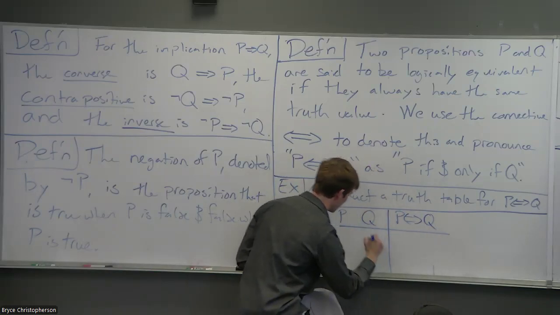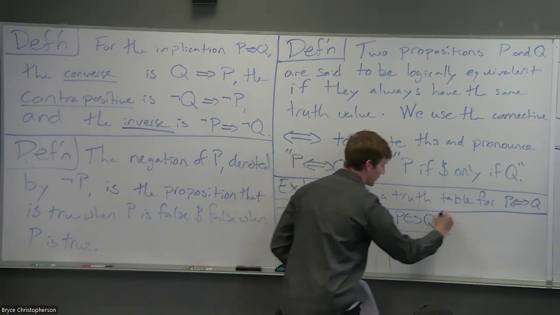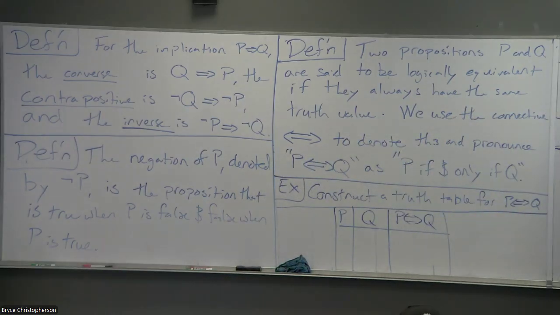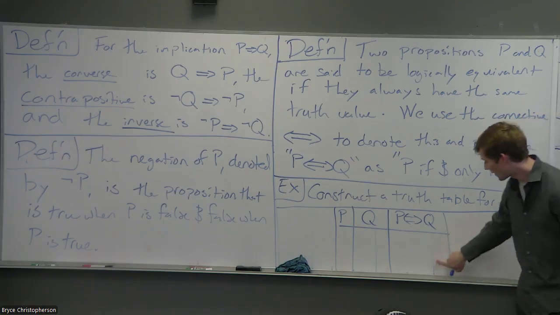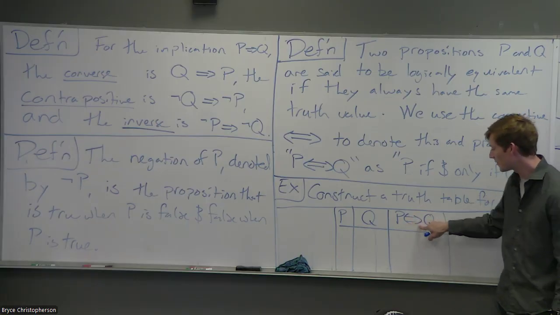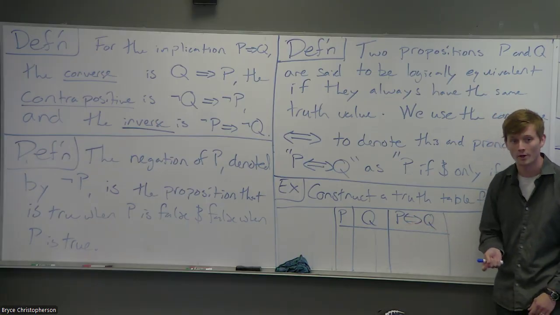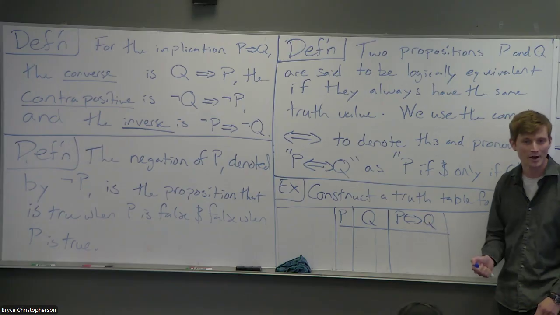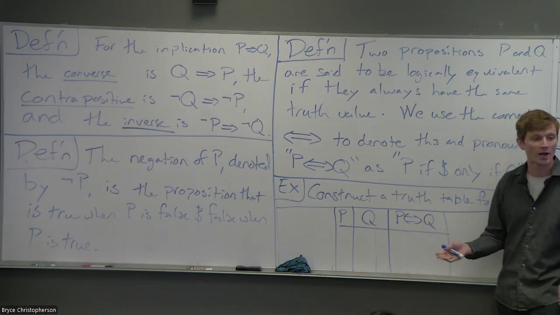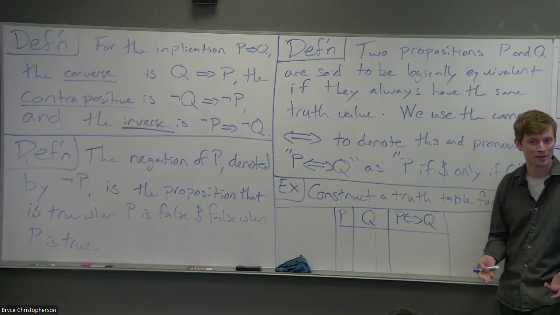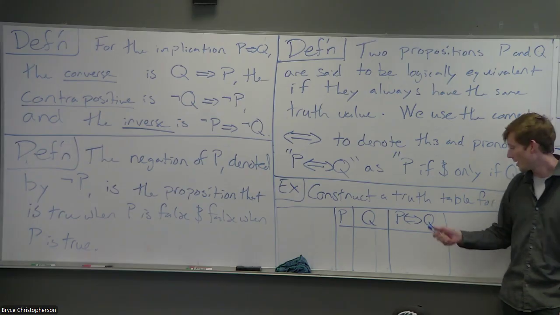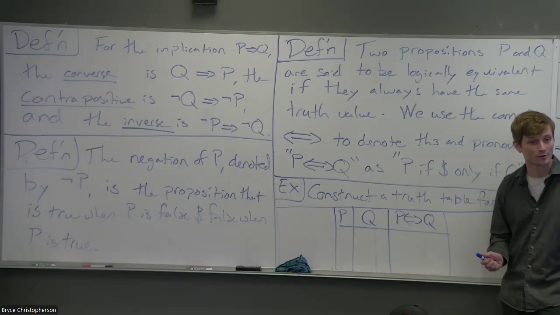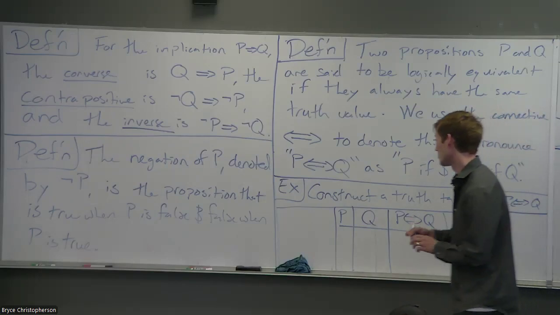Now, one thing that I think people can get into a bit of a trap on here, that they don't fall into with ands and ors for some reason, is that this column is telling us whether or not the proposition P if and only if Q is true. Putting this arrow between them doesn't automatically make P and Q assume the same truth values. They could have different truth values, and this statement would be false, right? So let's go through all the situations.